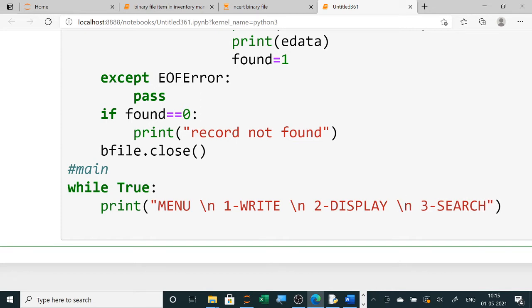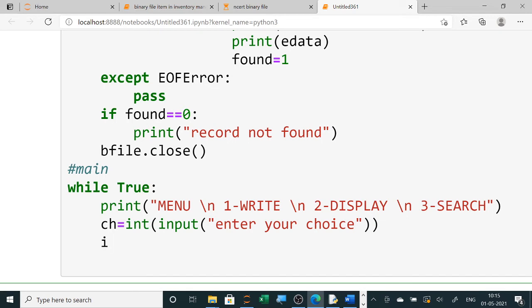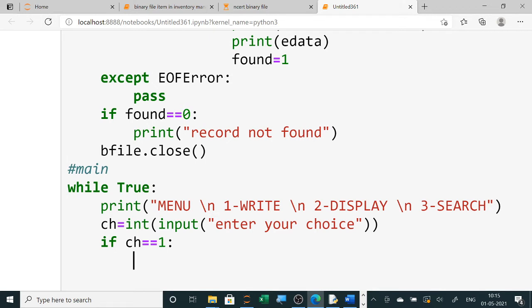So this is over. Now you will ask the user to enter the choice. So choice equals int input, "Enter your choice", whichever the user needs. Then if choice equals 1, you will call the first function, write.